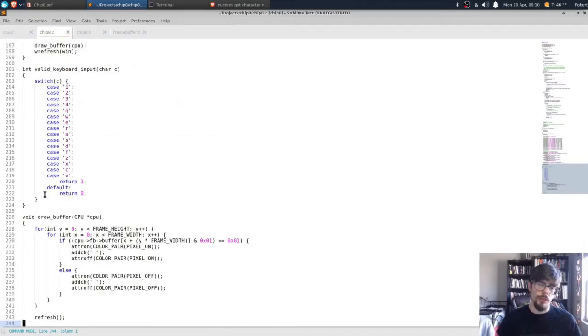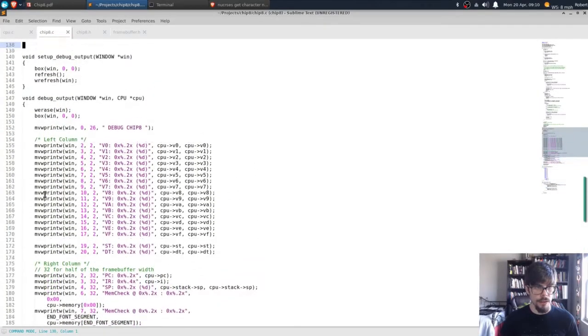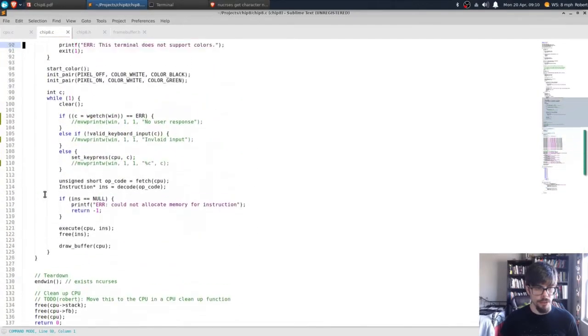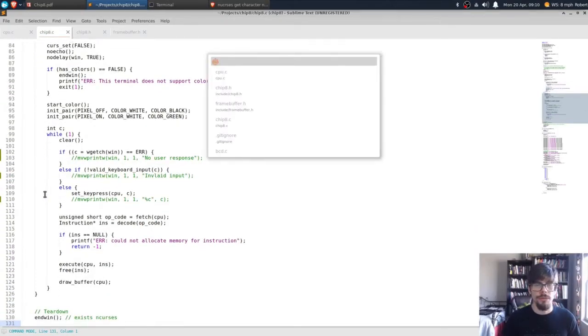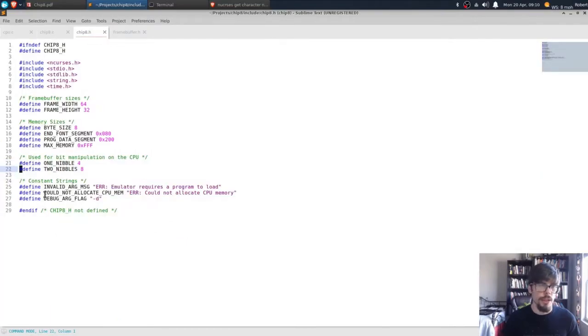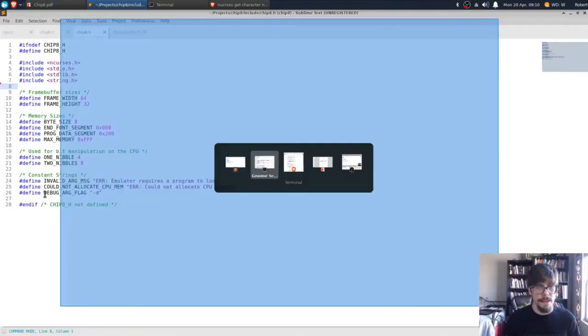There's more work to be done here in the draw buffer, but I'll fix that in part 2 of the frame buffer. And then finally, the other thing I wanted to do, let me look at my notes. Oh, that was one thing too, I didn't know this. I was initially going to, here, if I go over to CHIP8.h, use time here to do a sleep. Sleep's not even on time, actually. I was going to do that,